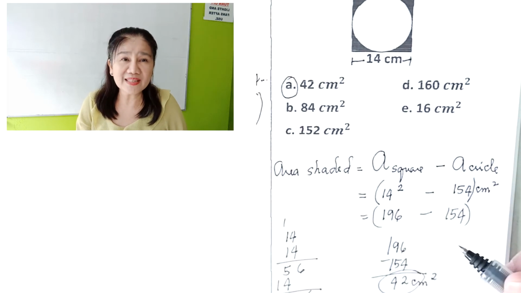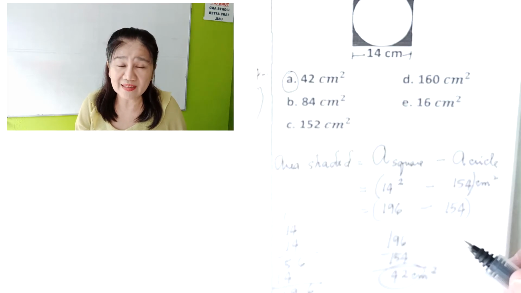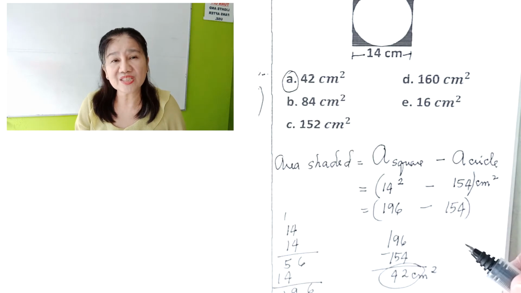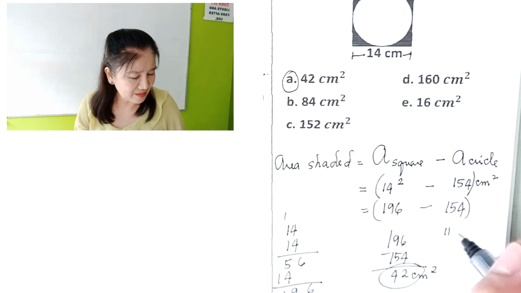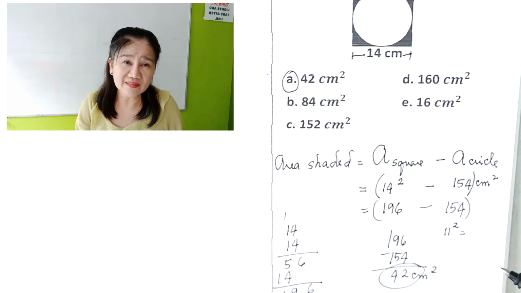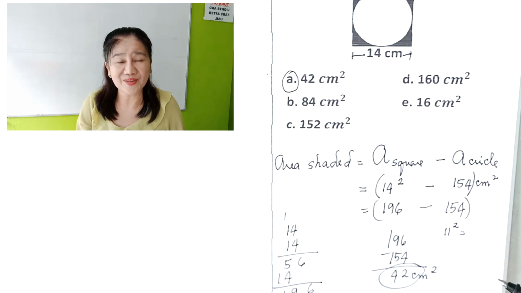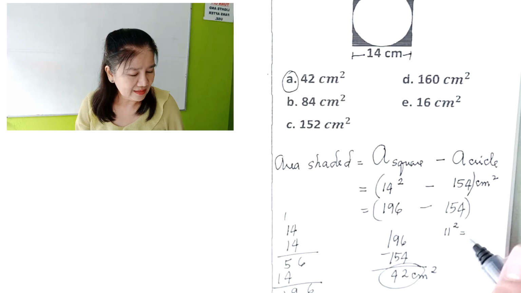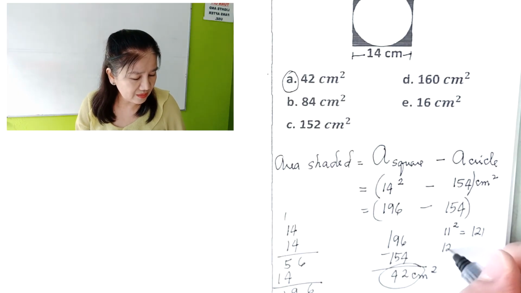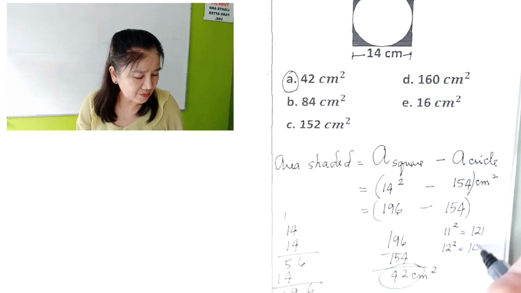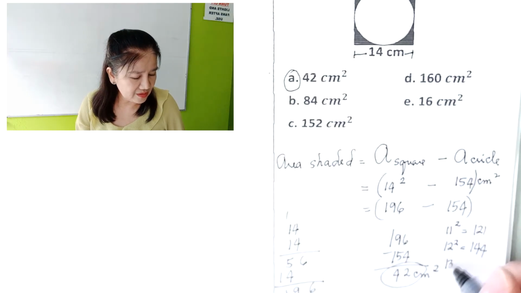Okay, in the meantime, let's review the squares. I would suggest and highly recommend that you memorize all this so it would be faster. So I'll be writing them down here. I'm sure you know the squares of 1, 2, 3 up to 10. Those are really easy. Now 11 squared is 121. 12 squared is 144. 13 squared is